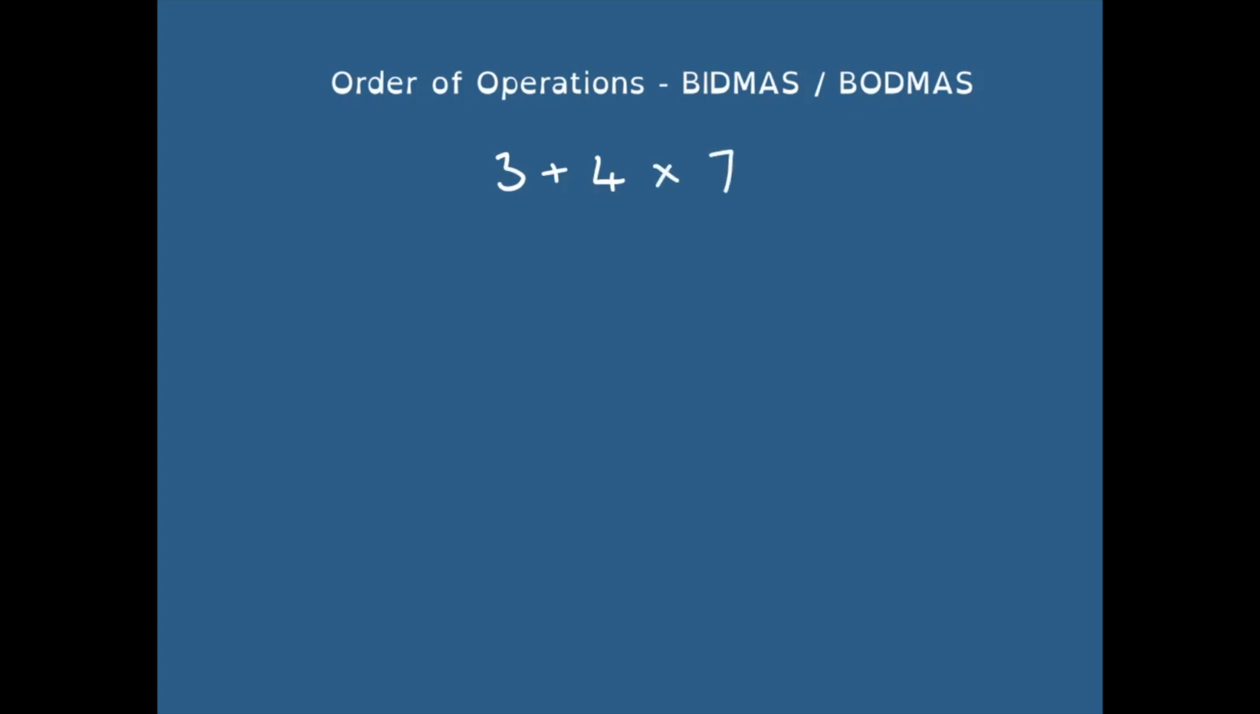When you first see that, you might think that the answer is 49, because 3 plus 4 equals 7, then 7 times 7 equals 49. However, that's not the right answer. We actually have to do the 4 times 7 first, because multiplication takes precedence over addition. That means it has to be done first. So in that question, we do 4 times 7 equals 28, then 3 plus 28 equals 31, and that's the